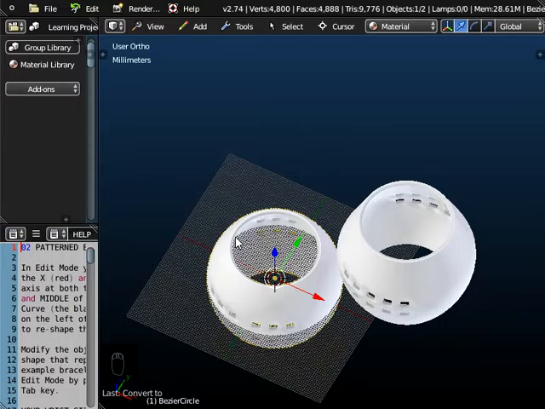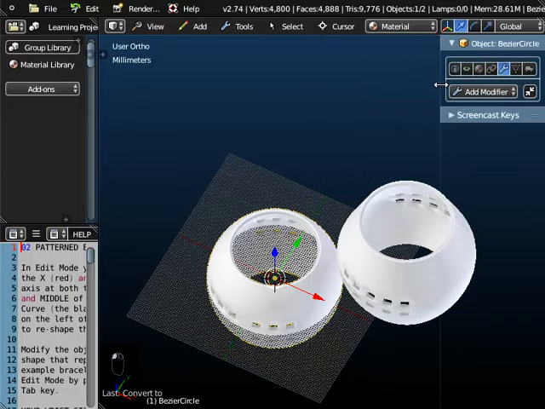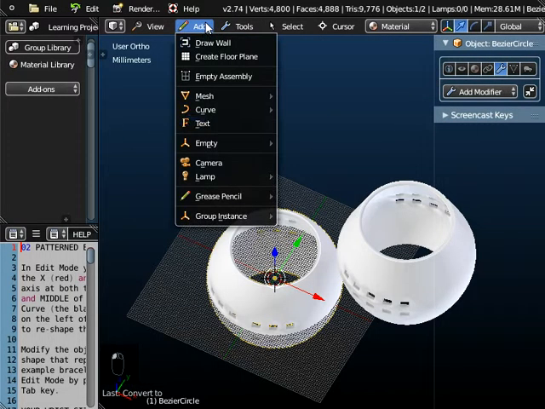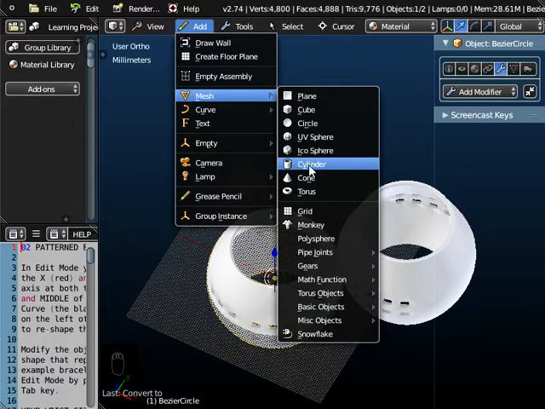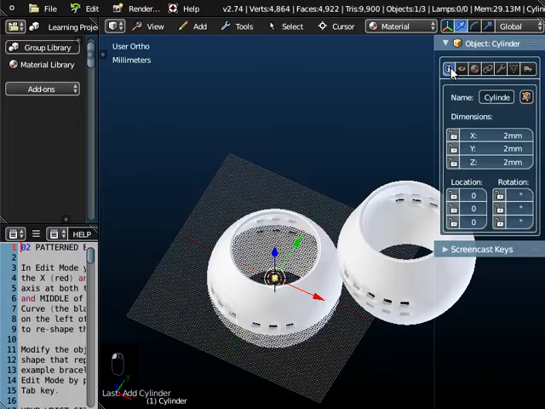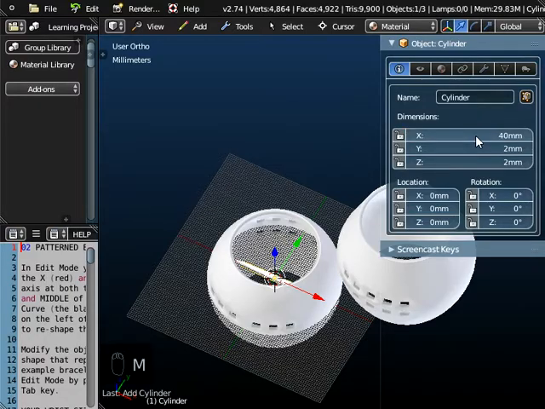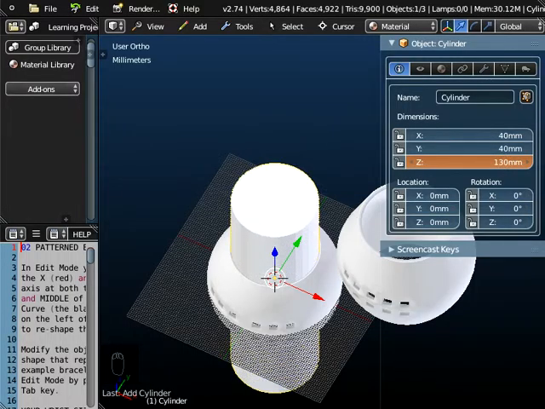So if I knew that I wanted an internal diameter of, let's say, 40 millimeters, one way of doing this, I do need to open up the Properties panel again. One way of doing this and making sure that this is 40 millimeters is we could add a cylinder, and it's a very small object in the center there at the moment. If I go to main information, it's only 2 millimeters at the moment, but if I change that to 40 mm for millimeters and 40 mm for millimeters,